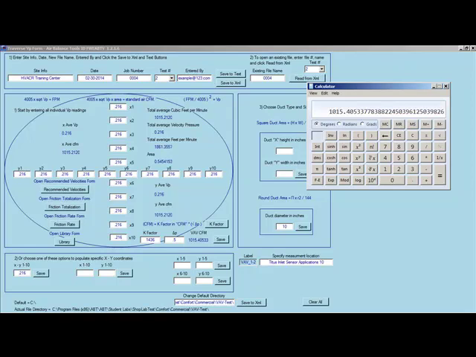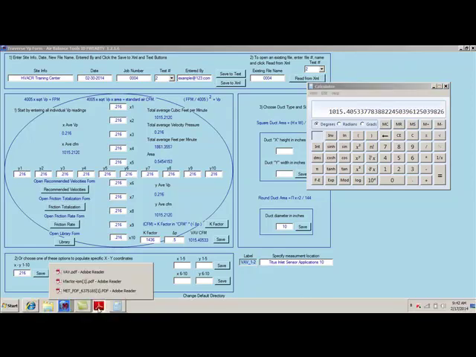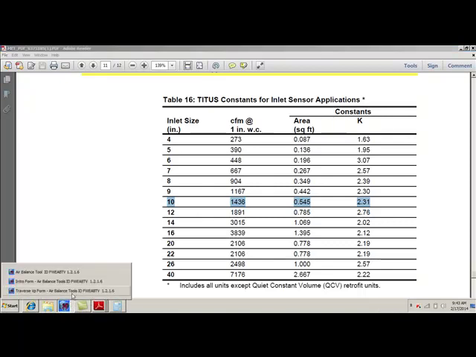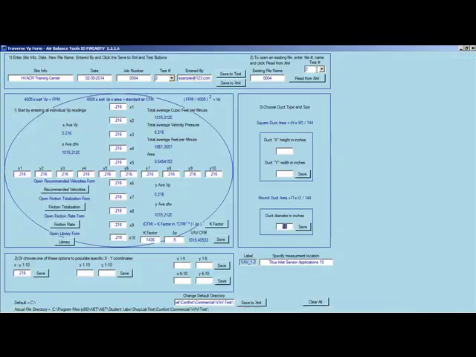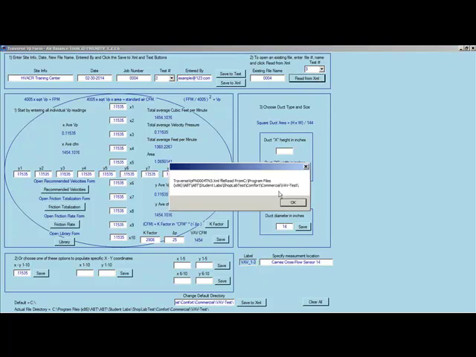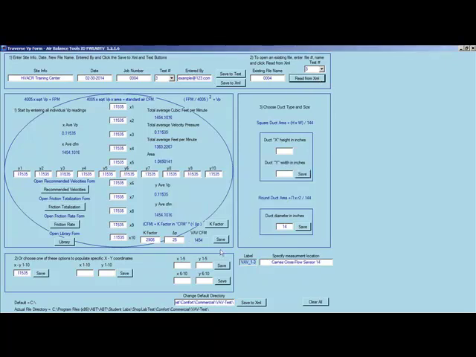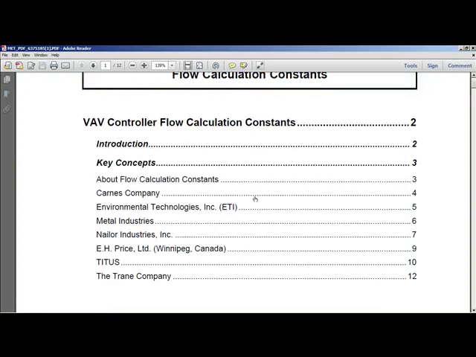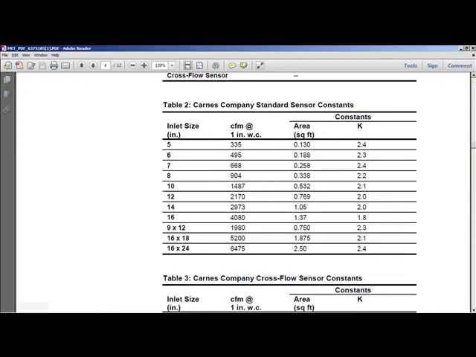So now let's go ahead and take a look at a different manufacturer box. And in this case, our next example is going to be test number 3, same job number, and this is going to be a Carnes cross flow sensor 14-inch. We've called this VAV number 3. So Carnes company's on page 4. So let's get